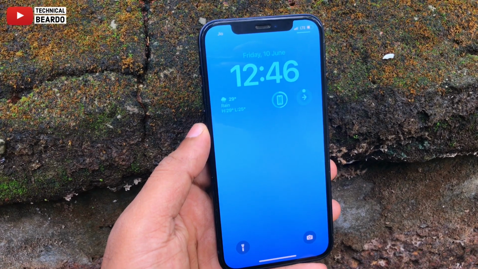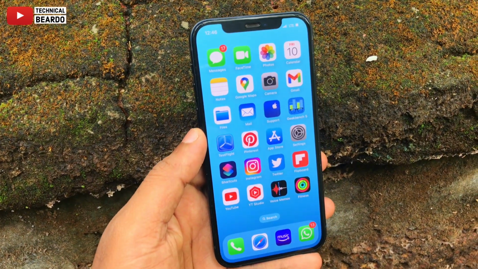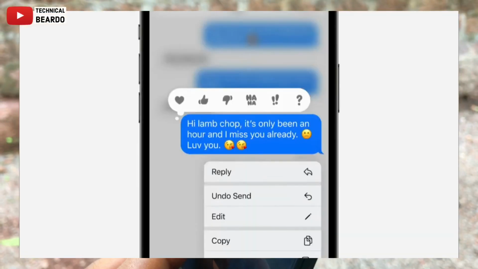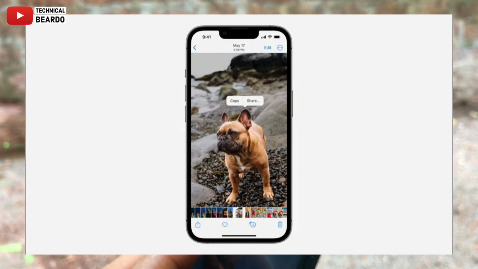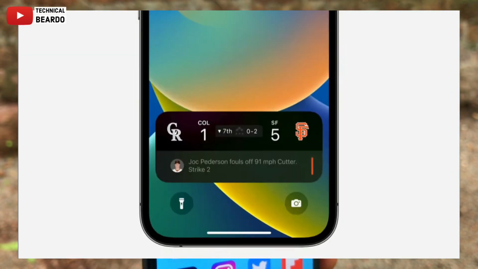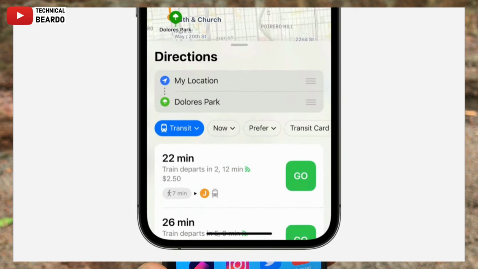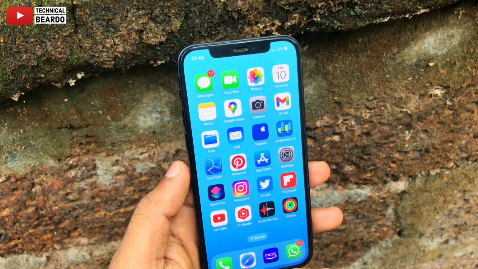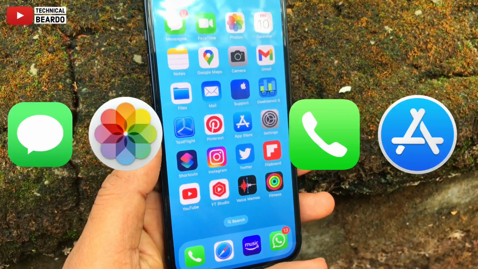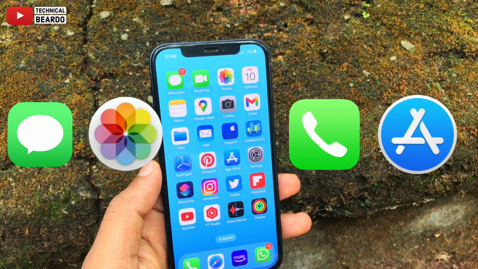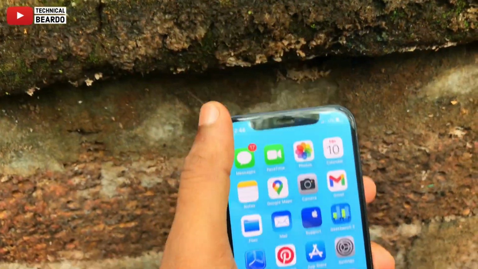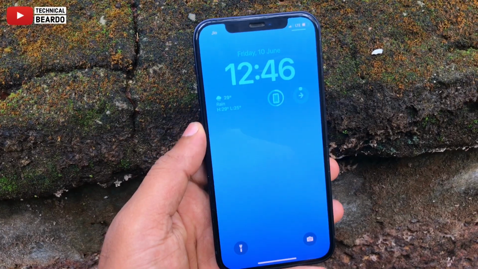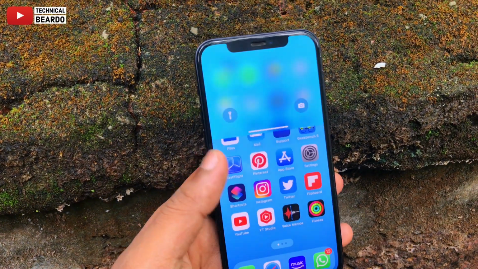Apple released iOS 16 with tons of new features, and some were most awaited by iPhone users and are really amazing, right? So in this video I'll be covering not those amazing features but small tweaks, or small features which Apple didn't cover in its event, or small UI changes in the Apple applications we use most. There are some new features added and small tweaks made in those applications. So in this video I'll be talking about those small tweaks and UI changes in Apple applications.